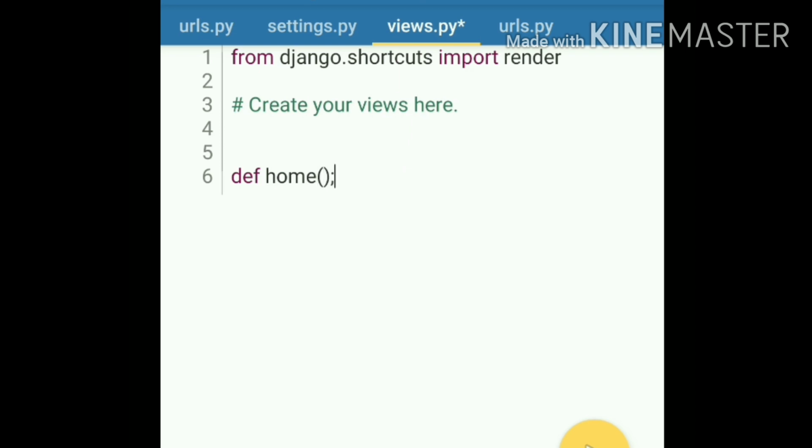And inside home we have to pass a request object, because somebody is requesting from the server side, and we are accepting this request by using this request object, and then we have to define the body of this function.